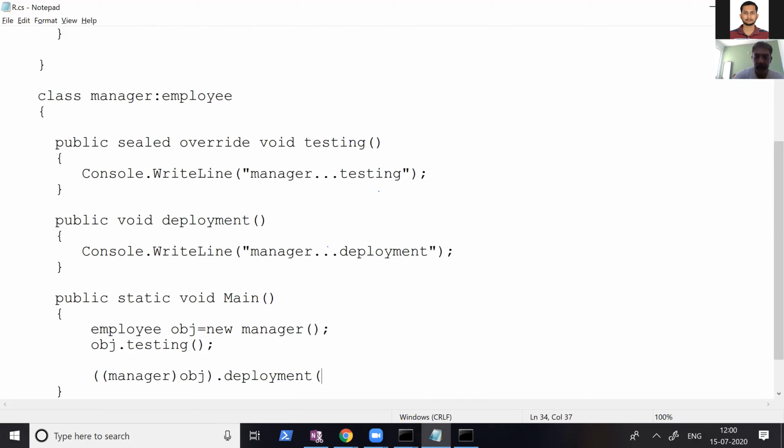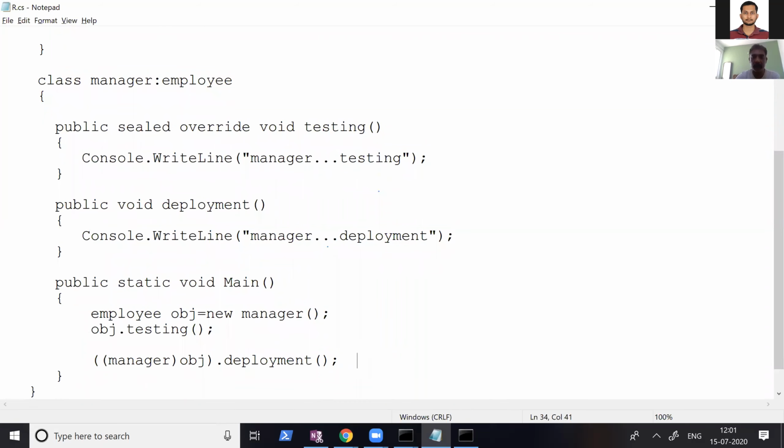This is called downcast. Overall, I'm casting this object to manager type, because manager is from employee, not employee from manager. Employee will have its own base class. Suchi is compatible to her father, but how can the father be compatible to Suchi? Because the father of Suchi is compatible to his own father. Okay, I got your point. This is called downcasting.